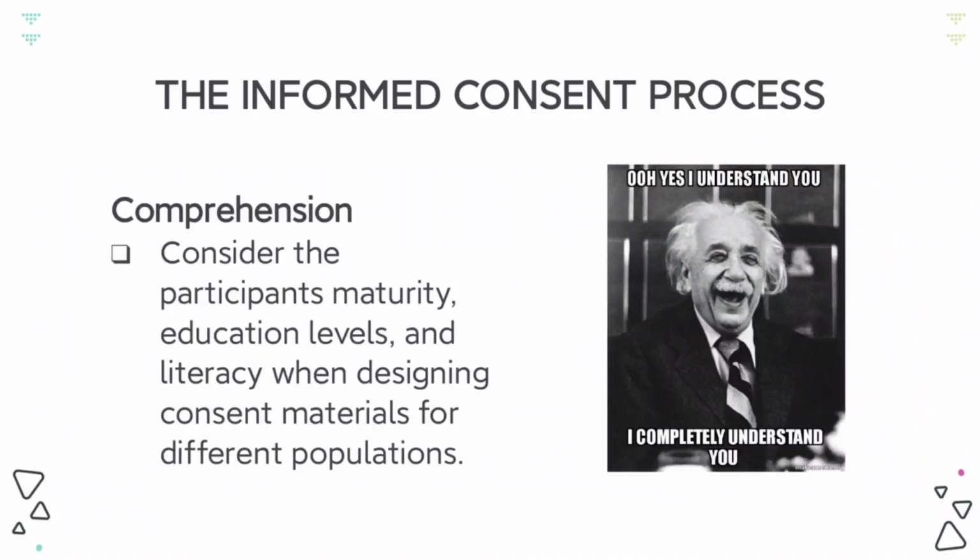Number 2 is comprehension. Comprehension refers to the understanding of the participant to the information conveyed by the researcher. This can greatly affect the participant's ability to make an informed choice. That's why the information must be delivered in a manner that is fitting or appropriate to the level of maturity, education, and literacy of the participant. So, kailangan madaling makomprehend yung informed consent mo. Okay? Yung information, dapat madali siyang intindihin. Okay? Or dapat it is appropriate doon sa education level nung